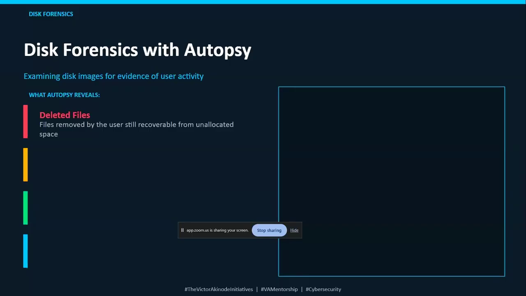First, if you delete a file, it doesn't mean that the file is gone completely. What the system does is mark that space as available space. So when new data comes into that device, it will use that available space. If there's nothing covering up that space, then that data is still available. You just need to use tools like Autopsy in order to get that data. So I hope you understand what goes on behind the scenes when it comes to deleting files.